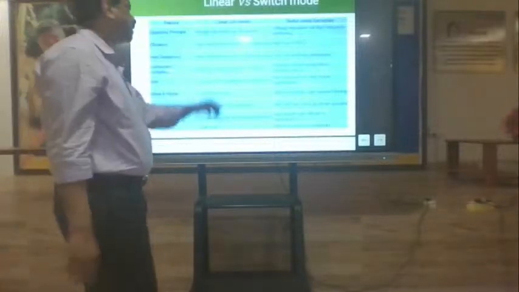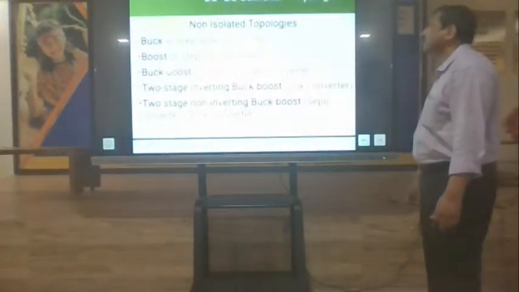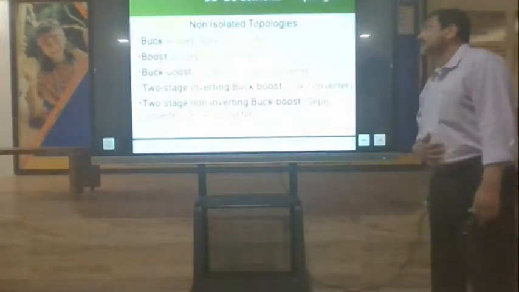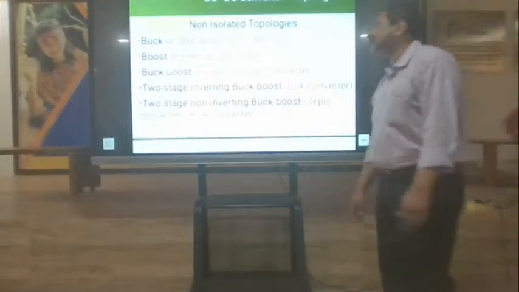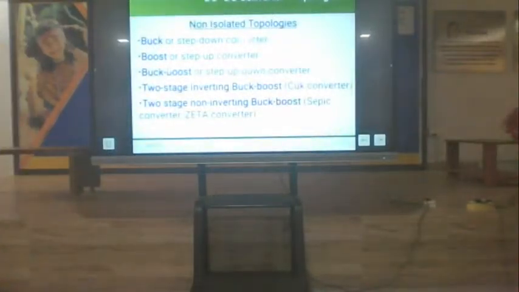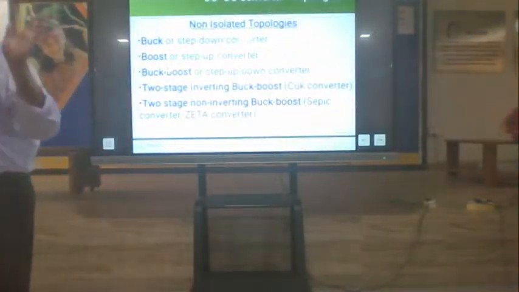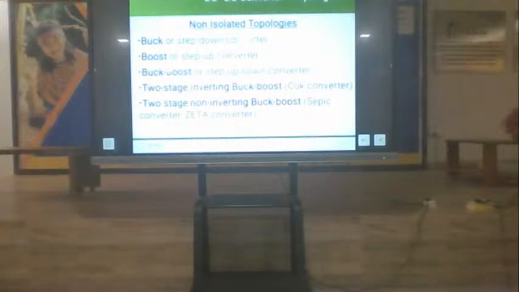So this is a higher efficiency, the cost is compensated. So this is how it works. In these DC-DC converters you have different types, based on the purpose. You have a buck converter. Basically a buck converter is a step down converter. From a higher voltage to a lower voltage, you step it down, that's called a buck